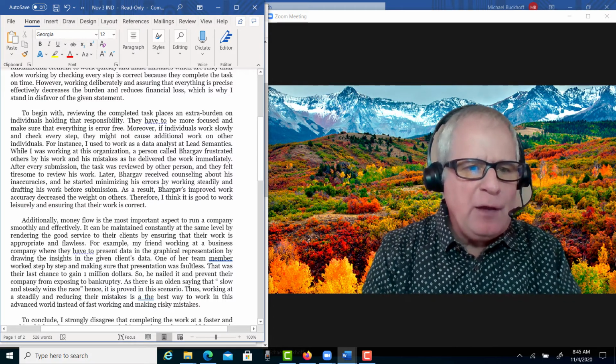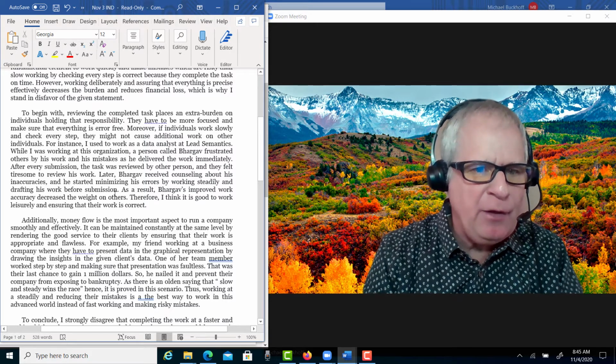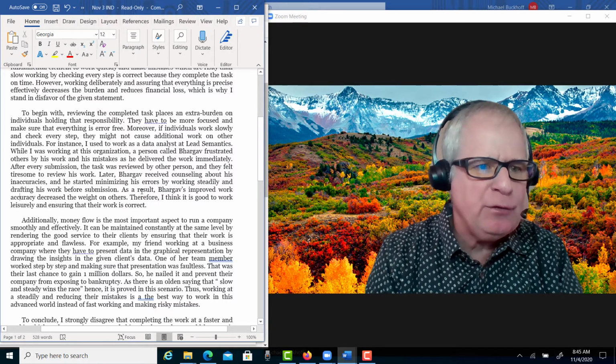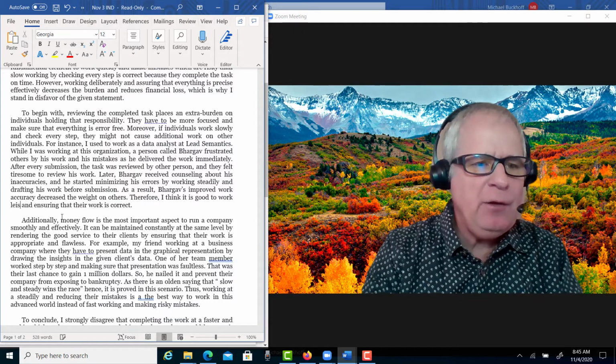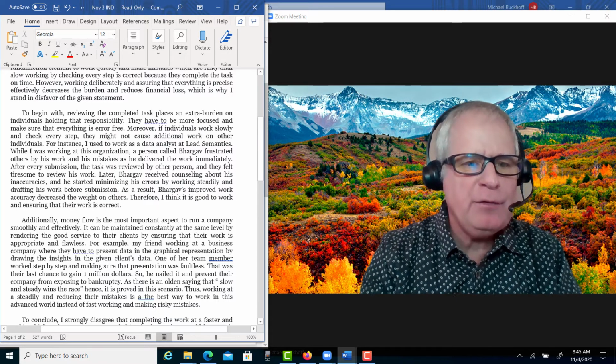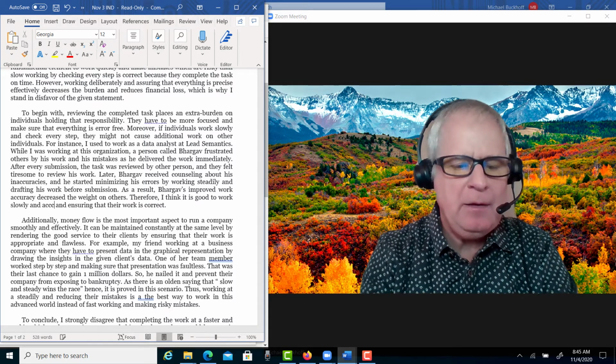So you can see this. As a result, Bhargav's improved work accuracy decreased the weight on others. Therefore, I think it is good to work leisurely. I don't think leisurely is the right word. I think it's good to work slowly and accurately.